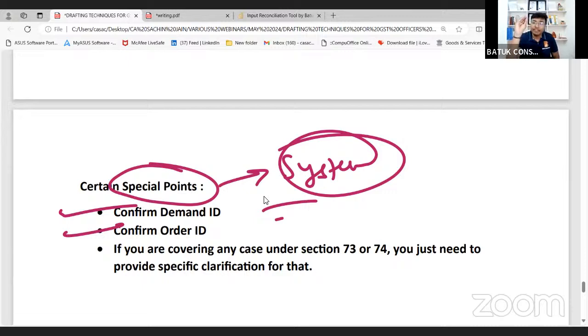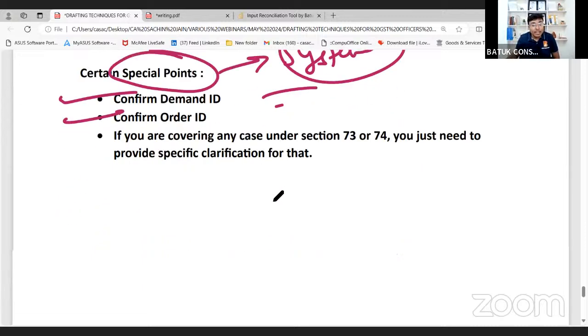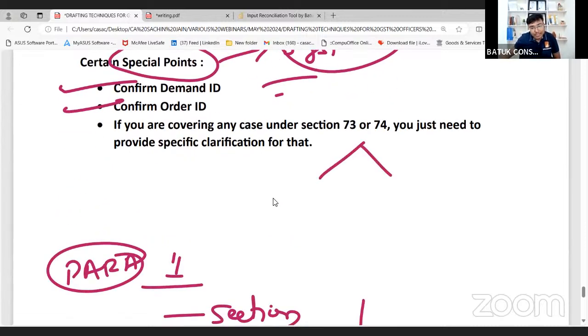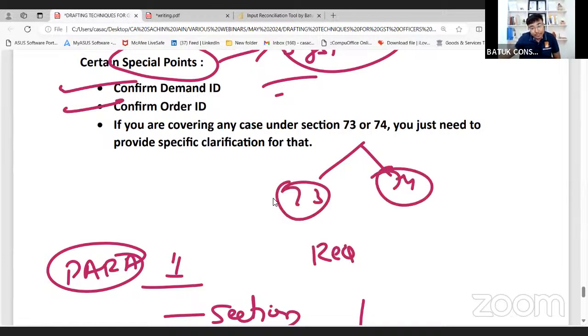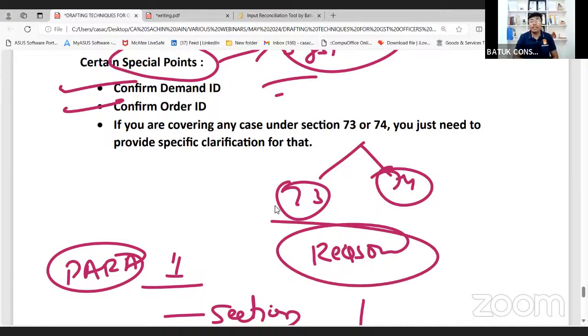and this is also my request. Whenever you draft the order and you raise the demand under section number 73 or 74, so whatever will be your reason for the demand, you just need to put the reason related to section number